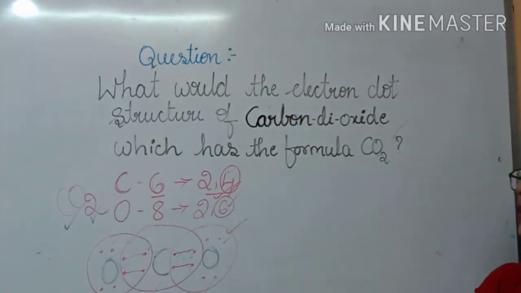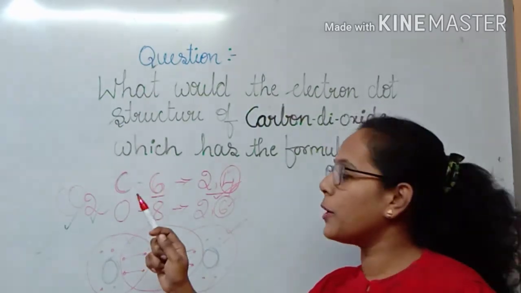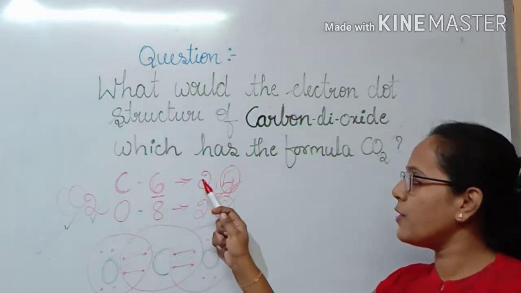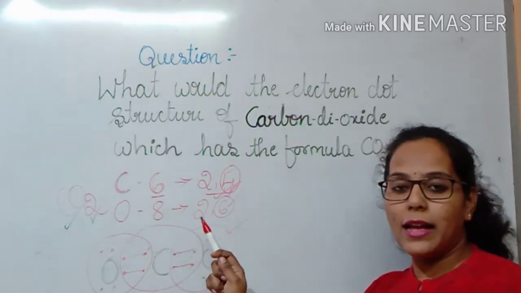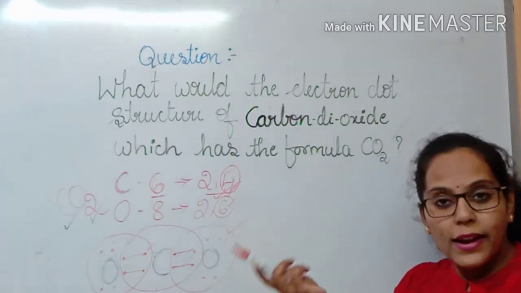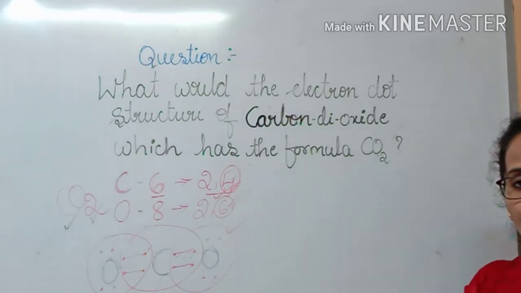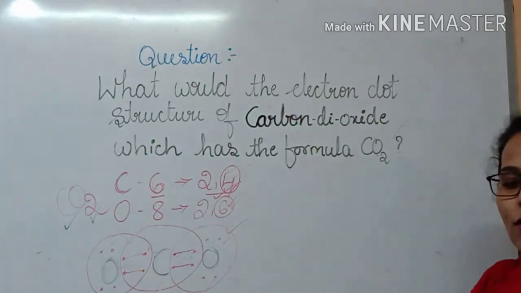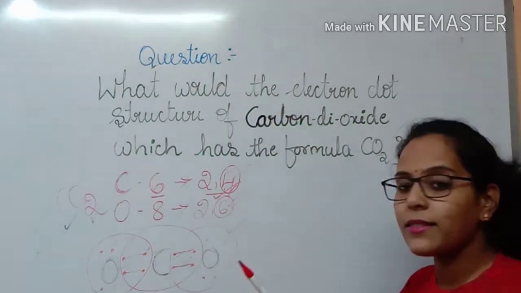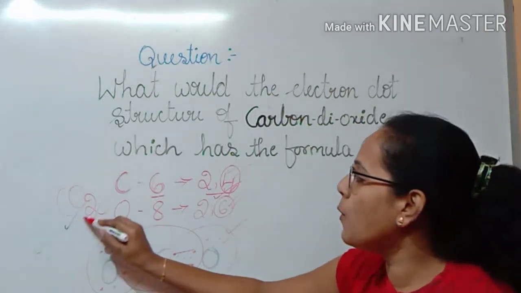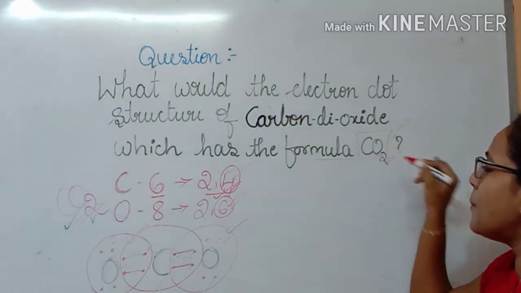Once again, let us quickly revise. The first thing we did was to know their atomic numbers. The atomic number of carbon is 6 and its electronic configuration is 2, 4. What about oxygen? Oxygen's atomic number is 8 and its electronic configuration is 2, 6. After writing the electronic configuration, what do we have to do? We have to look at the number of valence electrons on their orbit. By knowing the valence electrons, we have to write that many electrons on their surface. The next thing is that we are going to write the electron dot structure for carbon dioxide.